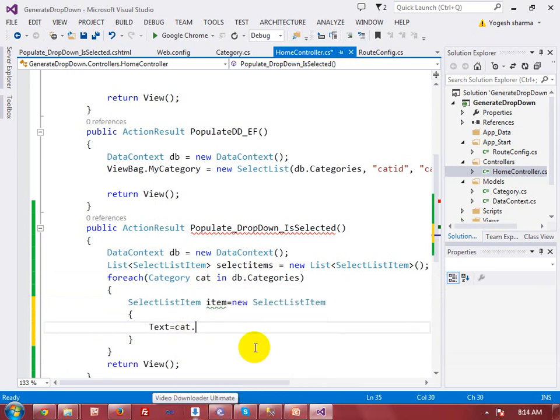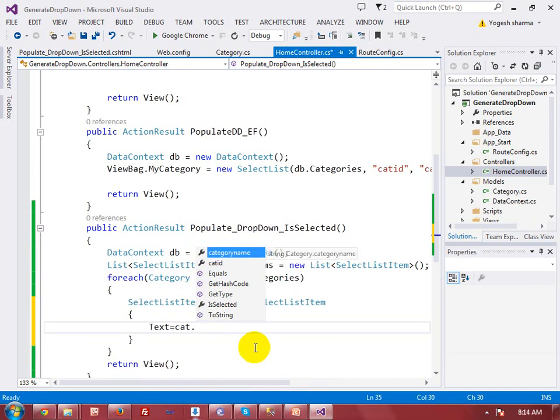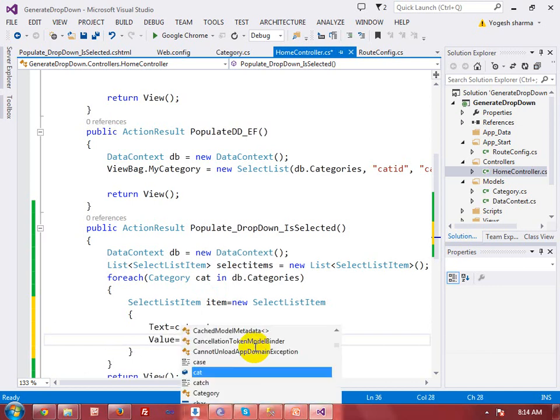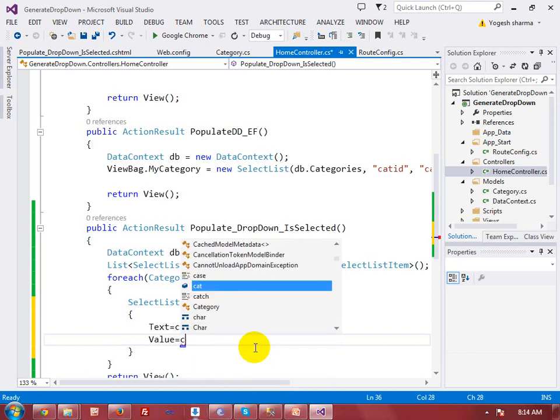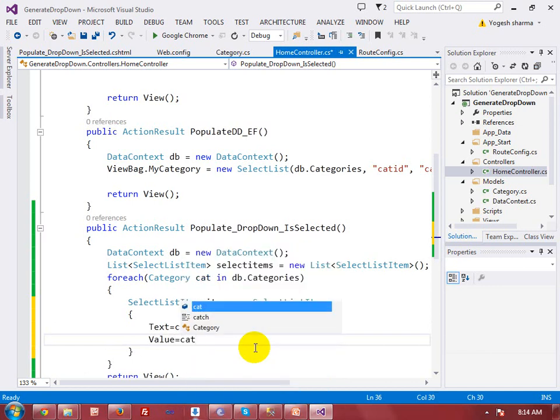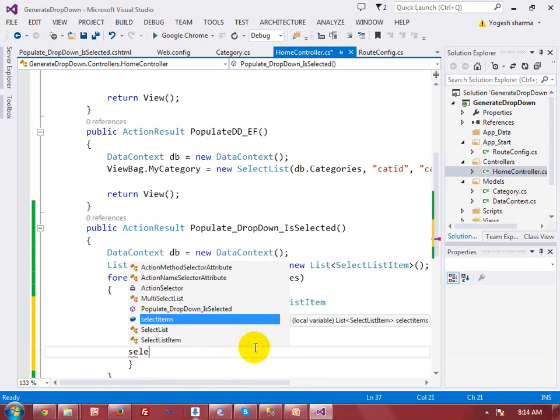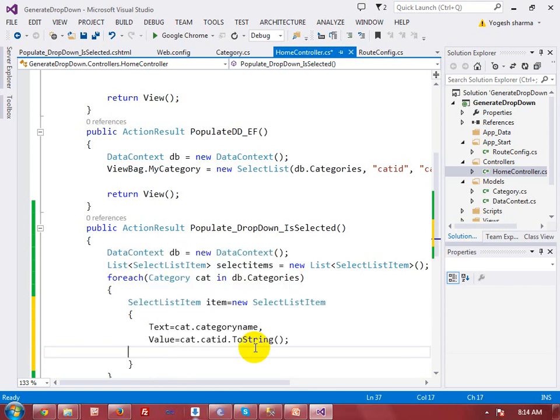Just write cat, and you will get all the properties of your database table. Here I am using CategoryName, comma, now getting the value, cat.CatId. I have to do type conversion because CatId is an integer type, but Value is a string type. And another thing is that you can't use the semicolon over here.